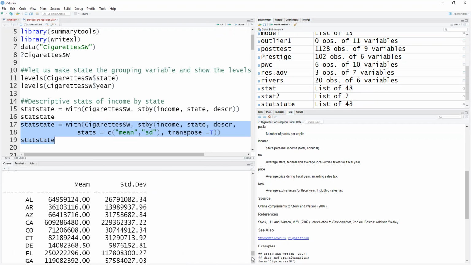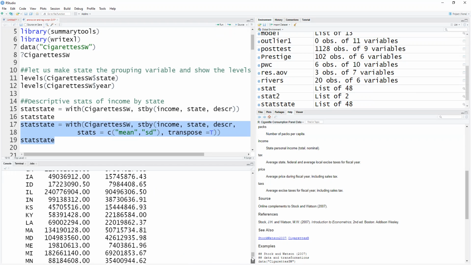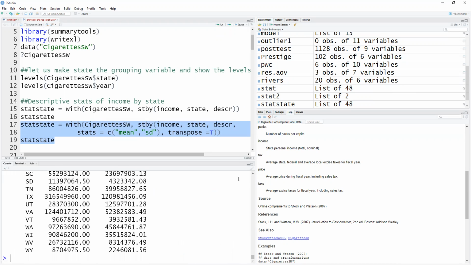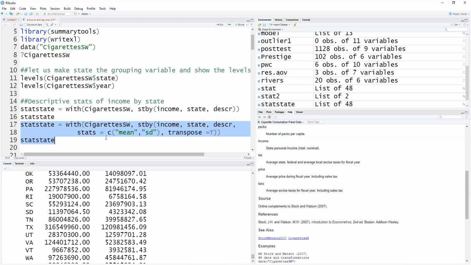So you can now see this is the one that we have done. This is mean and standard deviation, and this is just the list of those 48. Very simple to follow. And let me just remind you,